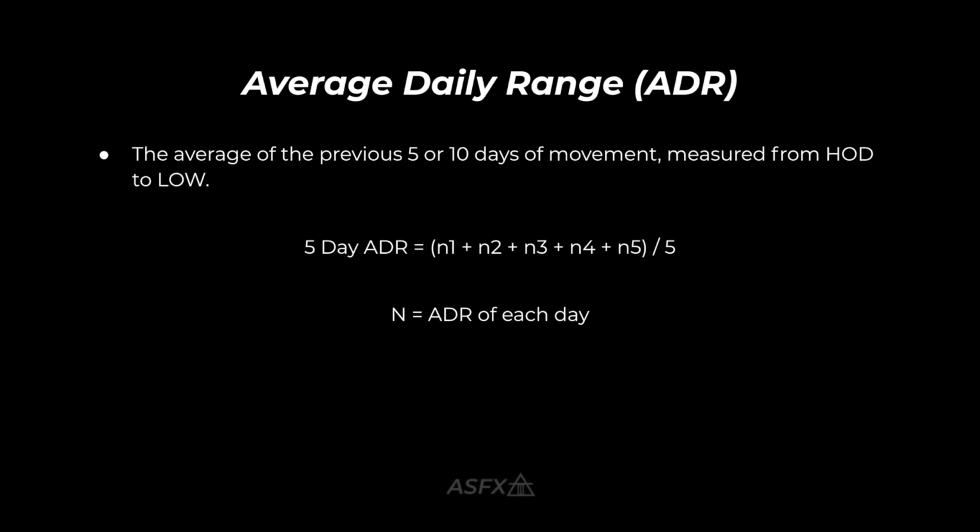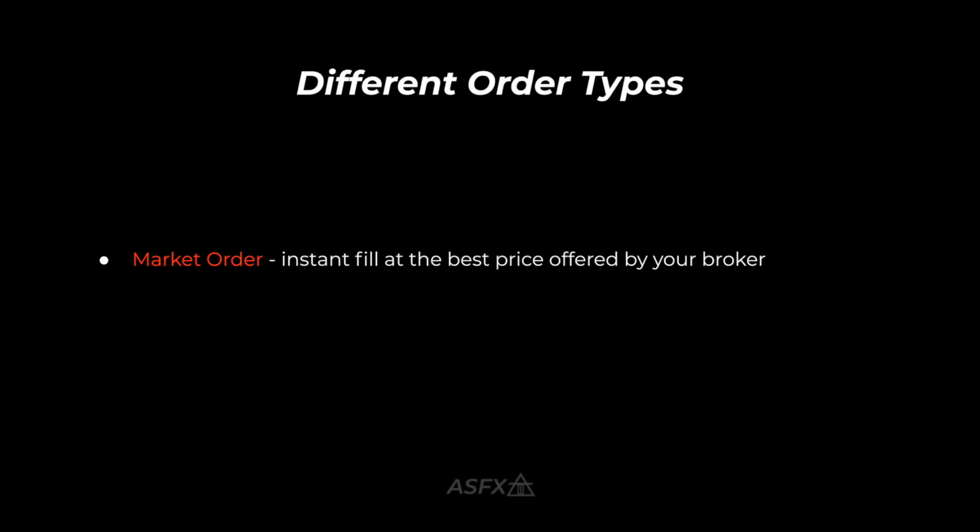And more often than not, you'll lose if you try to trade into a pair that has already reached its average daily range. So what we do, we use average daily range as one of our initial parameters in our checklist to see, is this a valid setup? Is there potential for me to make money in this? Are there pips available for me to grab according to what it does on an average over the last few days?